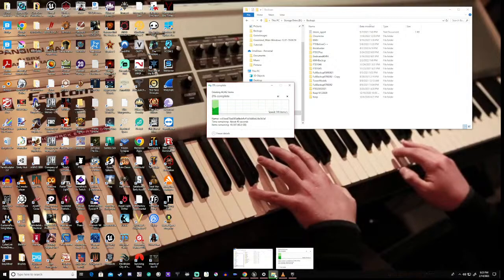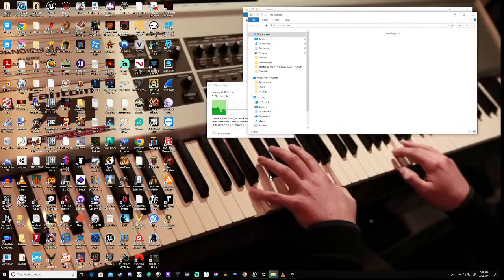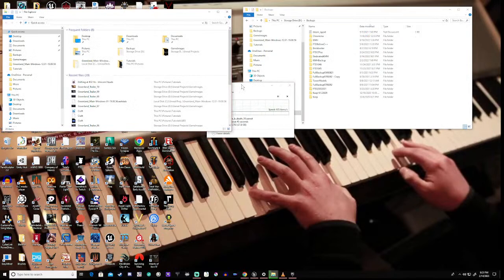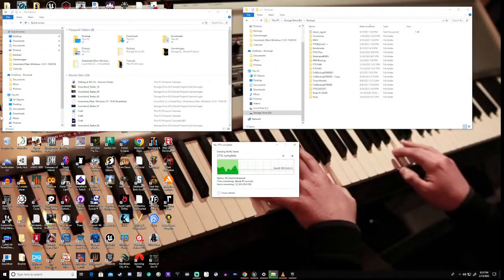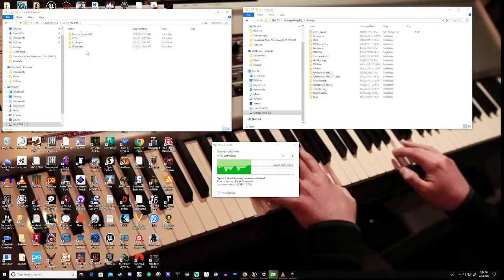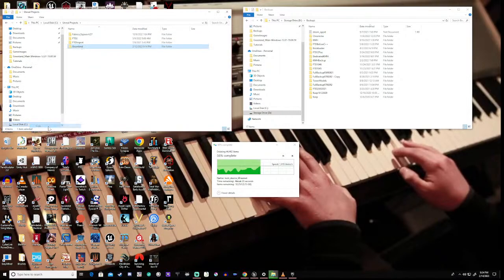So yeah. So we're going to go to this. Right? Then we're going to go into our C drive and Unreal Projects, then Groenland, and we're going to copy that.